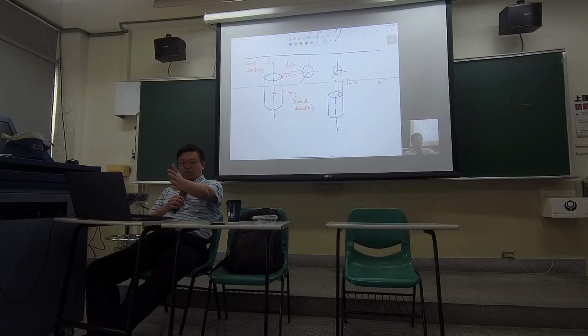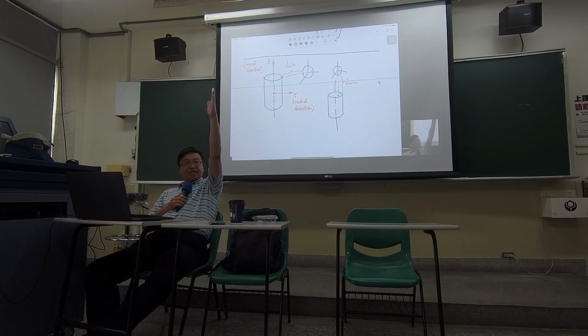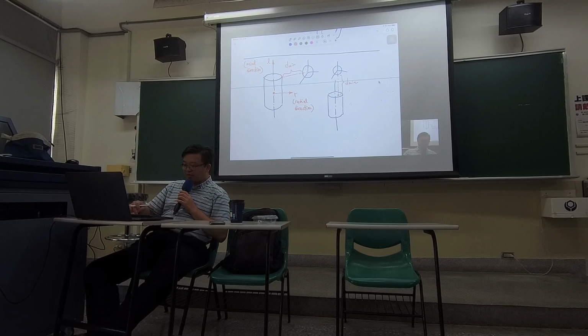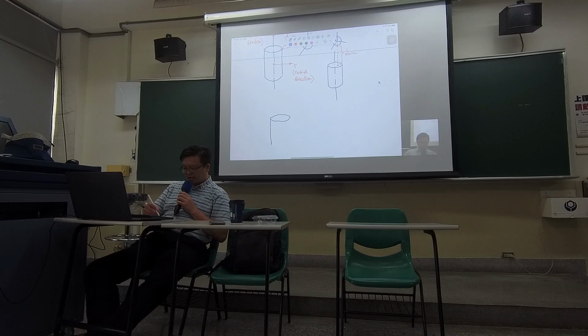I just need to find the radial direction that is pointing at the plane where I see the obstacle. So in fact, if I draw this more precisely, you are having a plane